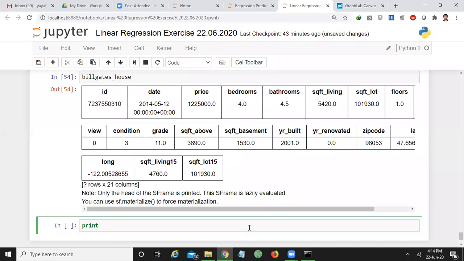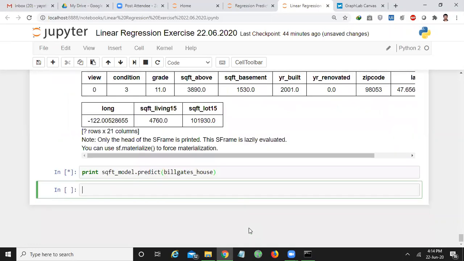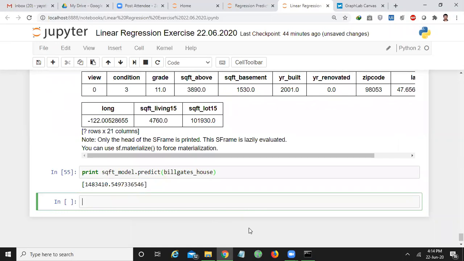Print sqft underscore model dot predict of Bill Gates underscore house. So how much is it showing? 14 lakhs 83,410, which is nearer to the actual cost, right?